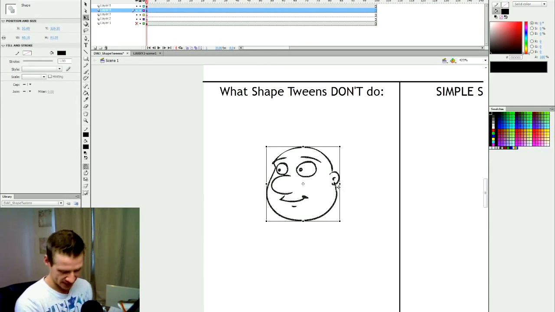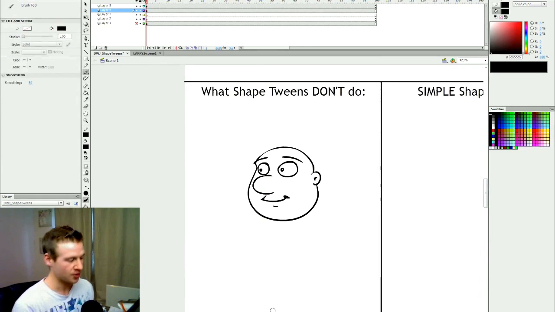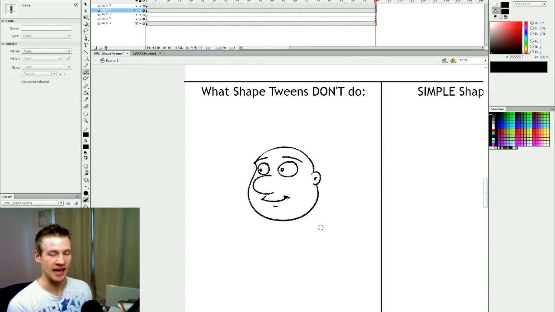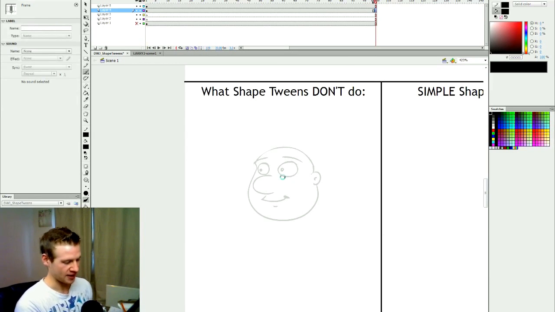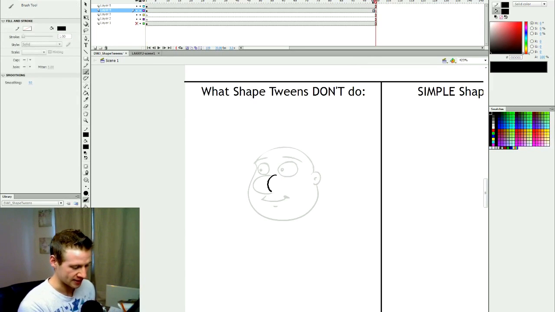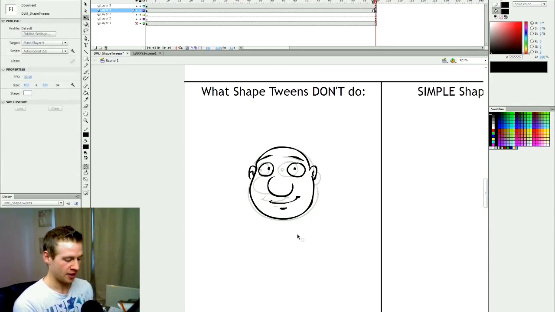This is what I initially thought Shape Tweens did in Adobe Flash. I thought that I could draw a head like that, and then let's say 100 frames later, hit F7, use my onion skin, and draw the head facing the viewer. So let's turn the head, work with the same sort of shapes, but basically have him front on, and have the ear appear out the side there. Okay, so when I first started mucking around with Shape Tweens, I thought I could essentially tween this shape